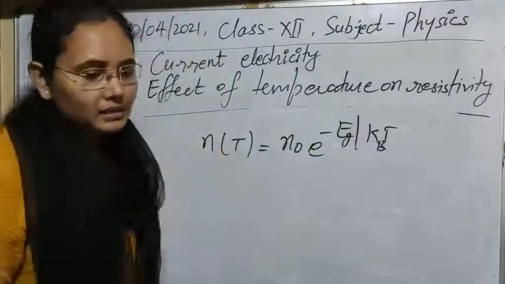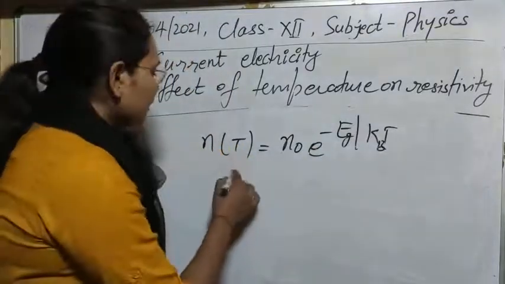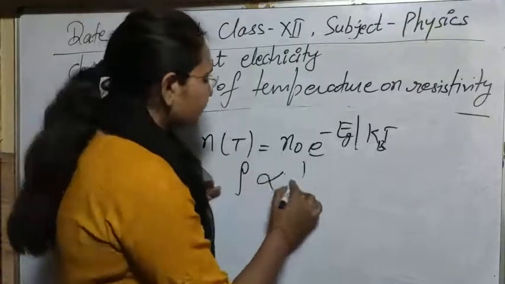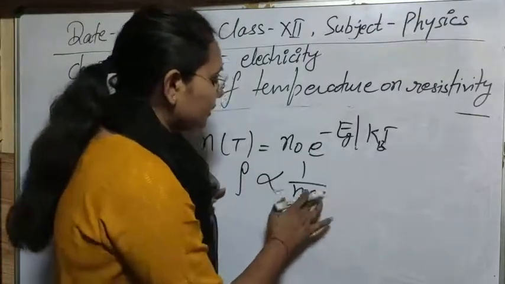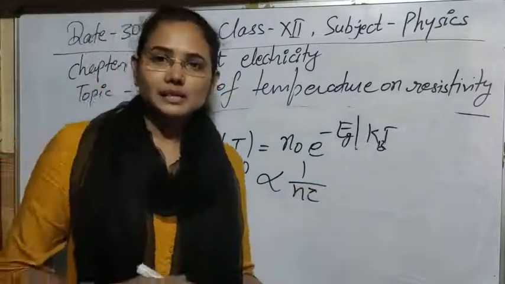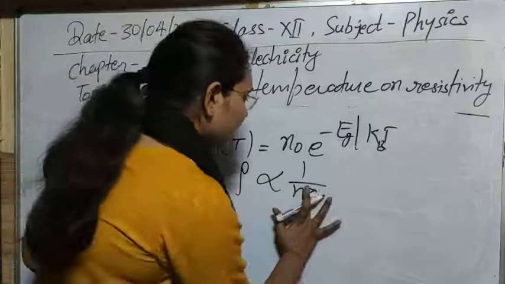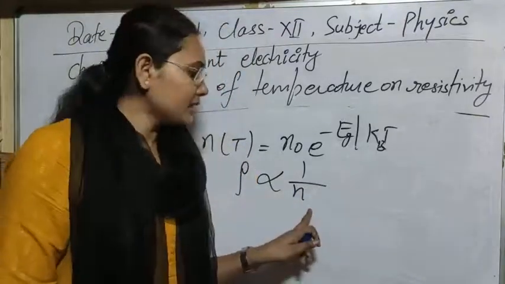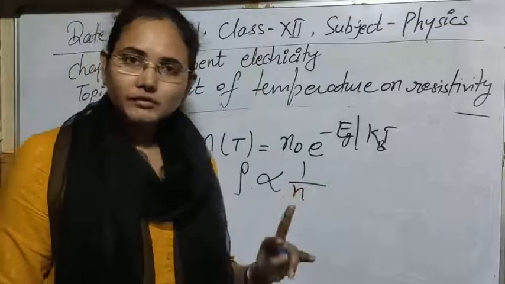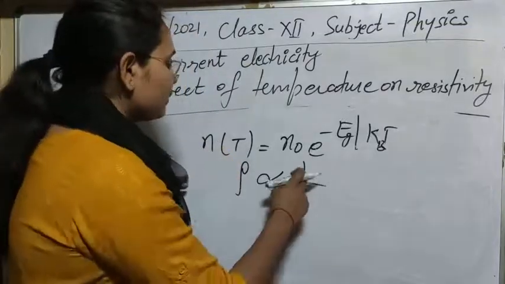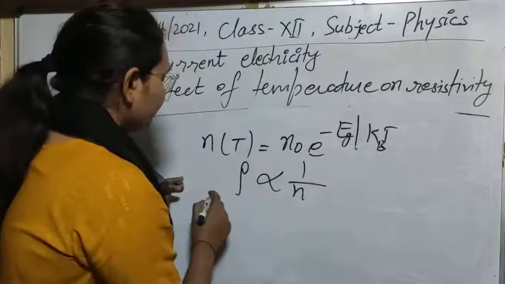So as the number density is increasing, if you look at the dependence of rho, we have seen it depends on two factors. As the electron is not utilizing the energy in the beginning to increase its kinetic energy, the relaxation time will not change for the electrons here, but the number density will change. So this is the difference between a conductor and a semiconductor.